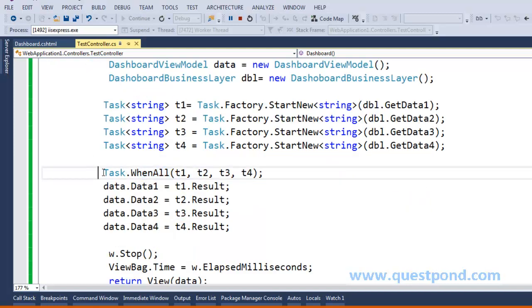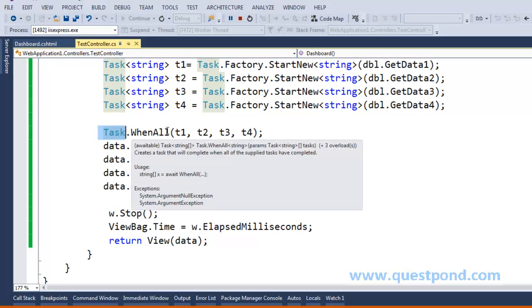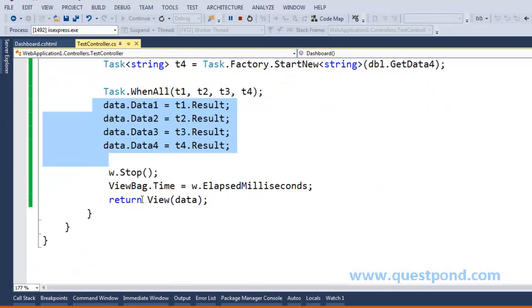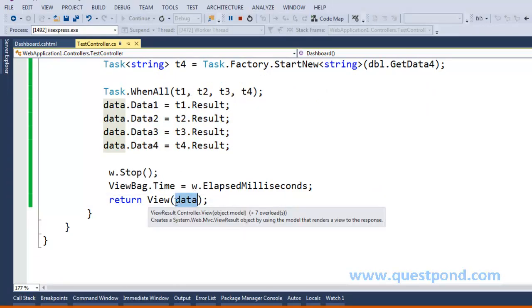The main thread says I will wait here until all 4 other threads complete their execution. After that, the main thread populates the values of those sub threads into these properties, and then we pass that data as a model to the view. That's it. It's that simple.